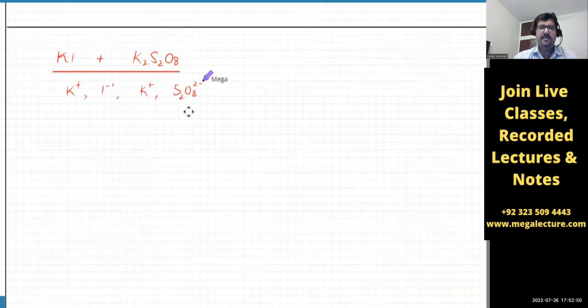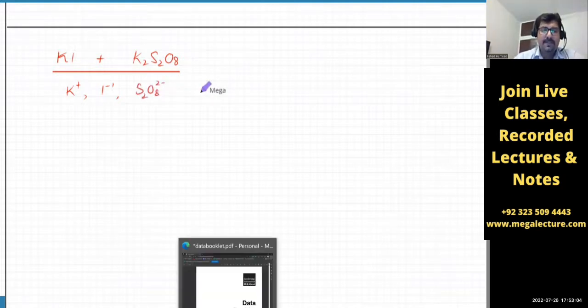So these are my reactants. K plus 1 appears twice, so I just write it one time and remove one of the K plus 1s, right? And I'm going to try and figure out all the equations: K plus 1, I minus 1, S2O8 2 minus. So if I open the data booklet, which is here,